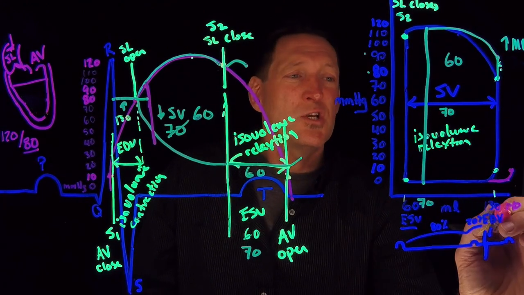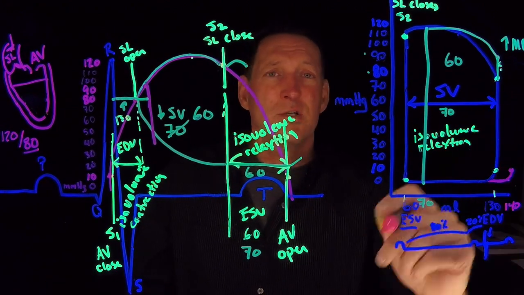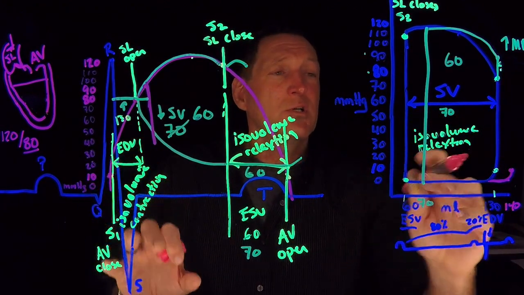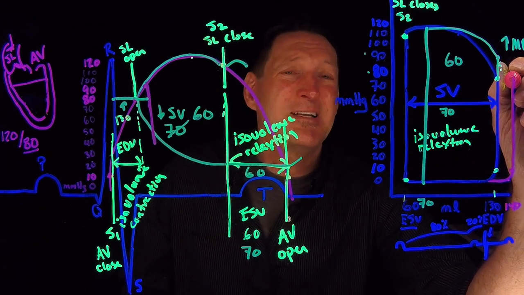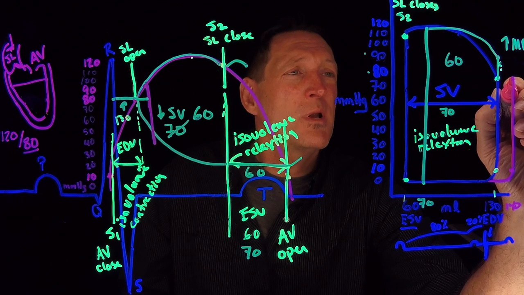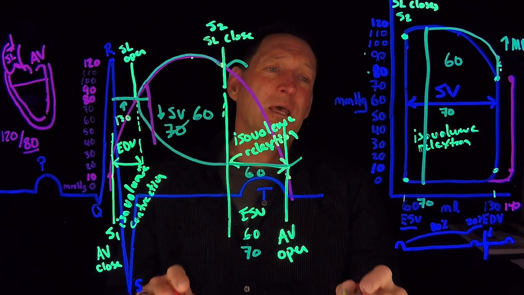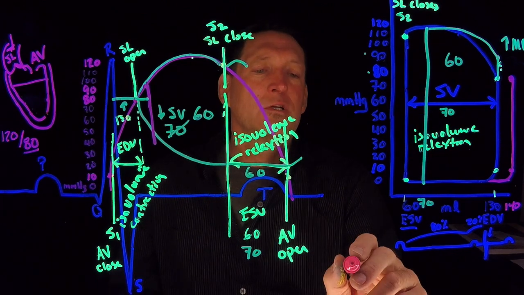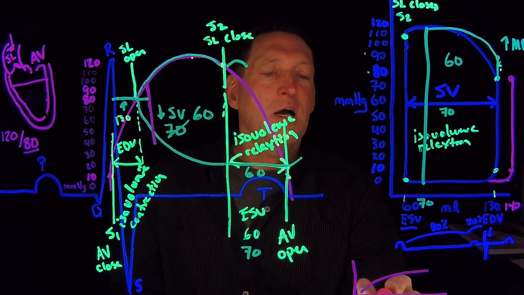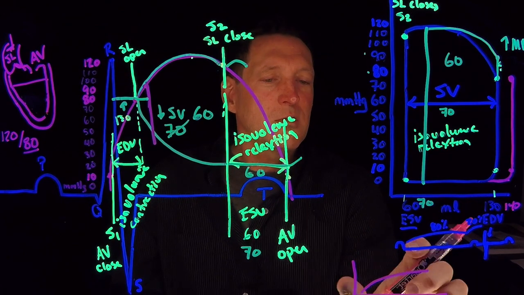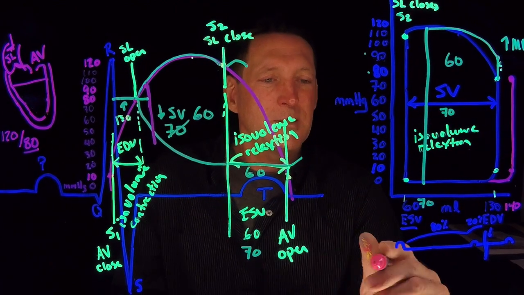Now we just changed EDV. We didn't change blood pressure. So I just increased the venous return, but I didn't change my blood pressure yet. So I'm going to come up like this. It didn't affect the diastolic opening pressure. I'm going to open at 80, but now what's going to take place is we're going to kick in Frank-Starling's law. Because Frank-Starling's law tells me this, that I've got to draw that above where you can see it. So with Frank-Starling's law,